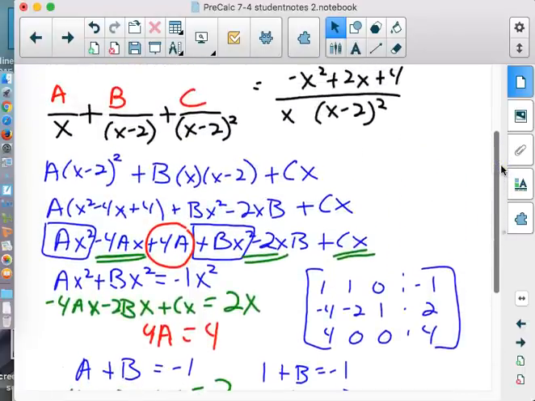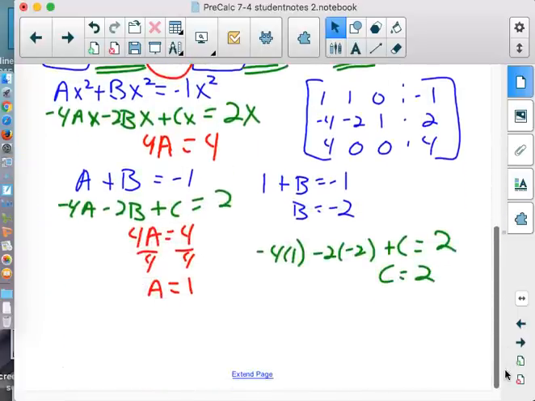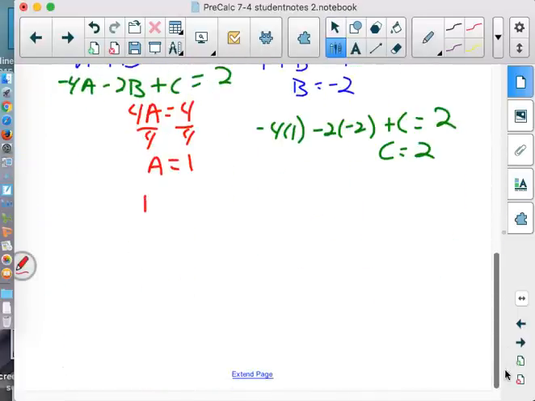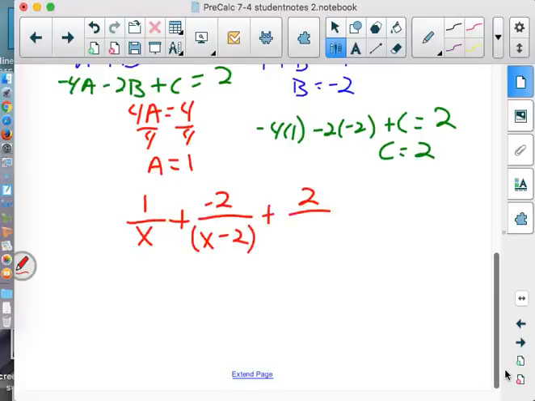I said x under the first one, x minus 2 under the second one, and x minus 2 squared under the third one. So A over x plus B over x minus 2 plus 2 over x minus 2